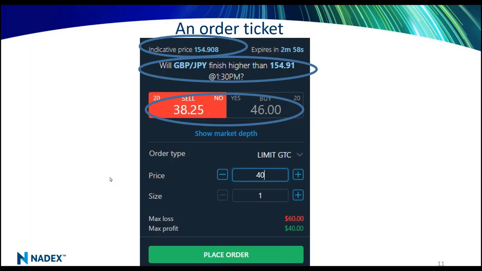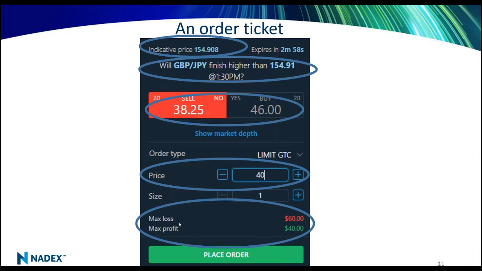So you can use a limit order. So if I thought, no, this is not going to finish higher than 154 spot 91, I think it's going to go lower or it's going to stay below it, I could sell one. And let's say I wanted to try to sell one at 40. Now, am I guaranteed to fill? No. No one may want to buy it from me at 40, but I am allowed to put my offer in there. I will demonstrate that. If I sold one at 40, all right, and we got your quantity on here. If I sold one at 40 and I got filled, I would know, well, I sold it.